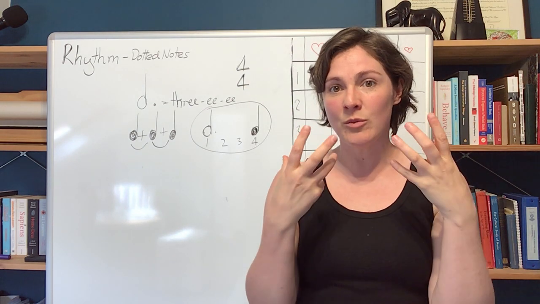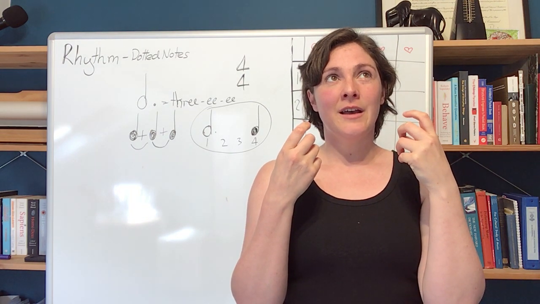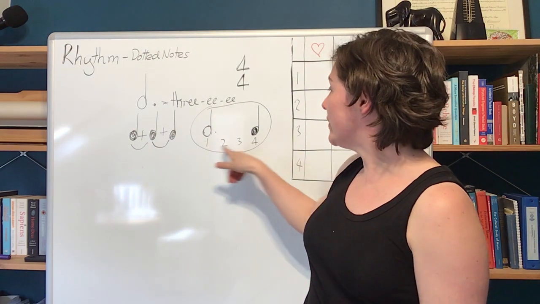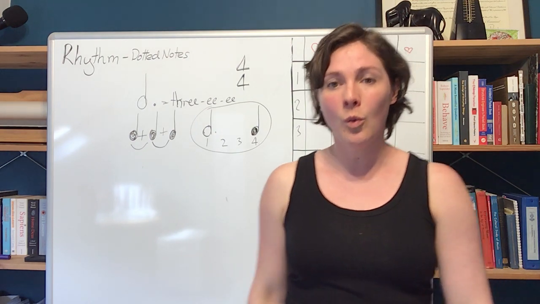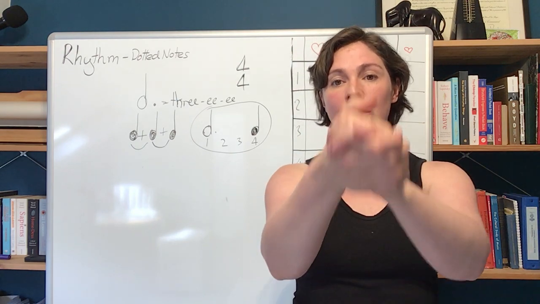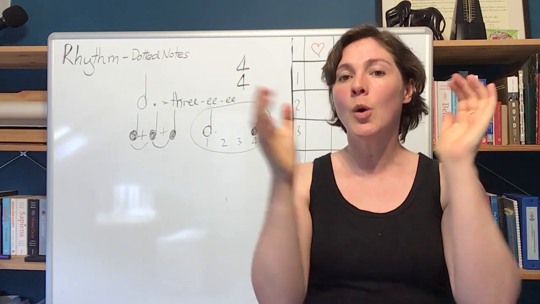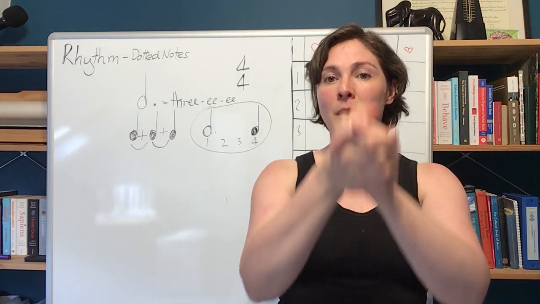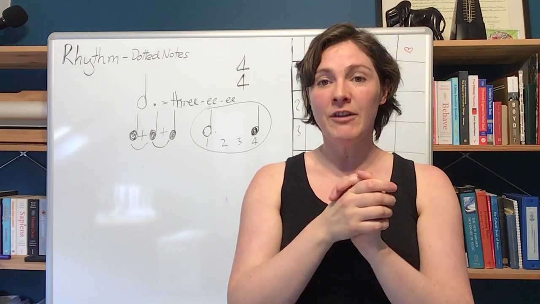Now you'll notice I'm using the rhythm words rather than "dotted minim, crotchet", which doesn't quite work. You could just count the beats of the bar and just know that you're clapping on 1 and 4. So let's get your feet going. 1, 2, and then we clap 1, 3, 4. 1, 2, 3, 4. 1, 2, 3, 4. Yeah, and notice I'm marking the beats with my hands,